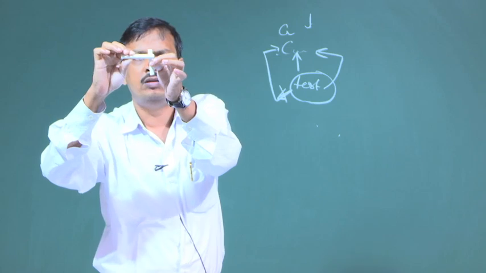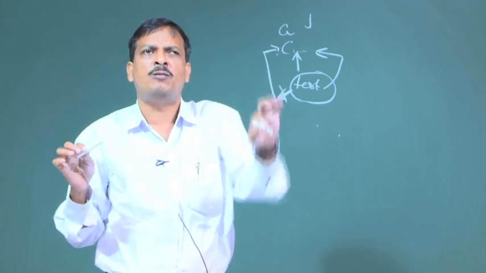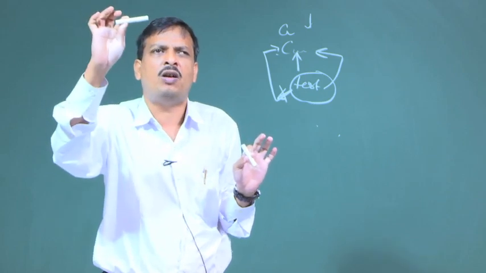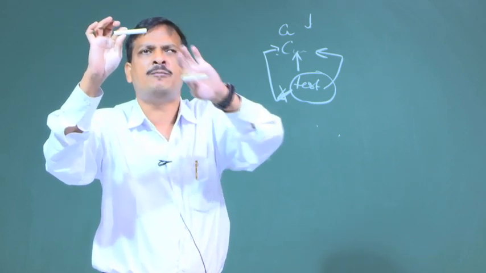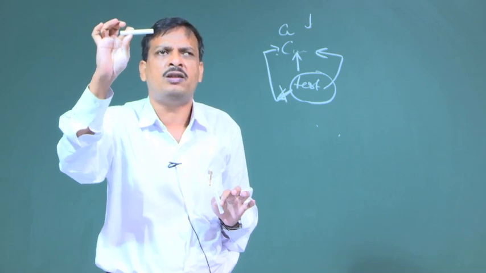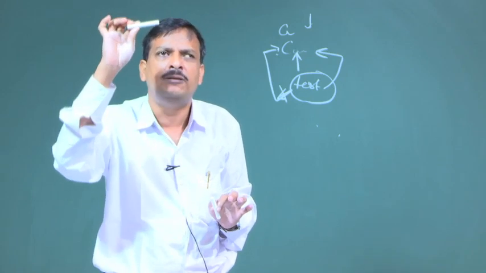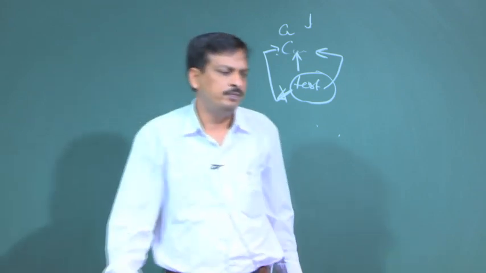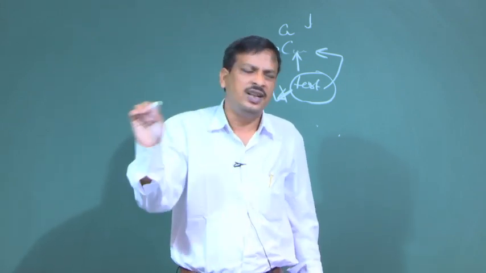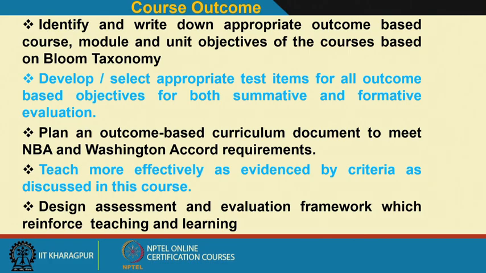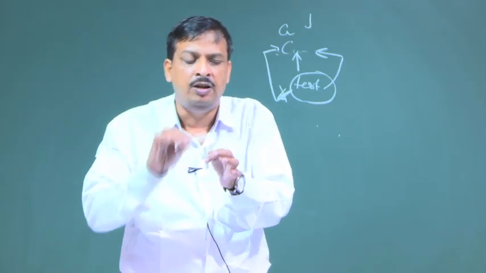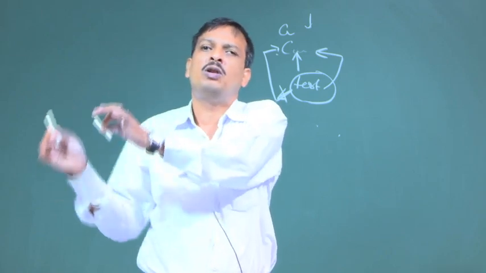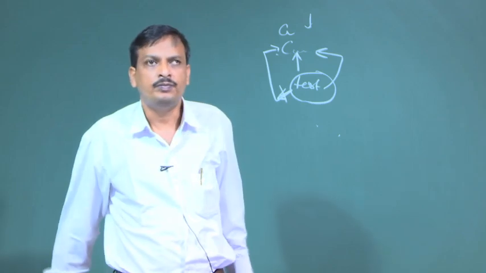I have to map whether this course outcome is catered to NBA Accords or not. If it is not, then this course is not required for this program which is NBA accredited, or if it is Washington Accords, this course may not be required for the BTech program, because Washington Accords graduate attributes define the required skill set of a graduate engineer. Okay. So, that will come later in detail. So, you have a skill by which you can justify whether your courses are catered to NBA or Washington Accords or not. Not only that,